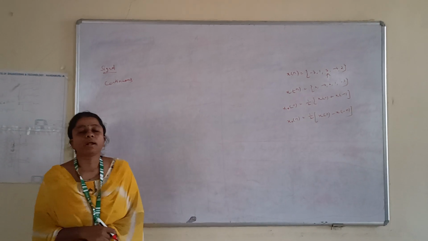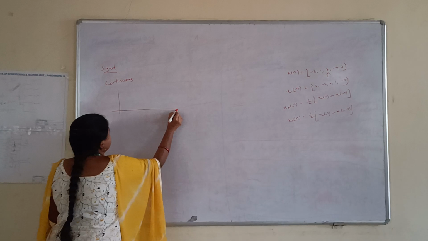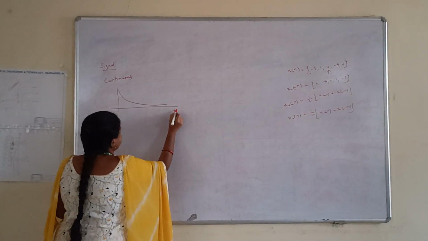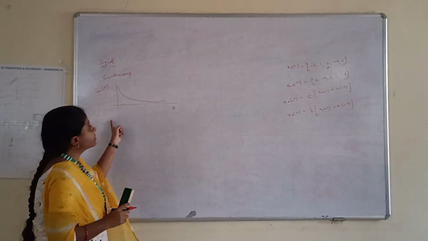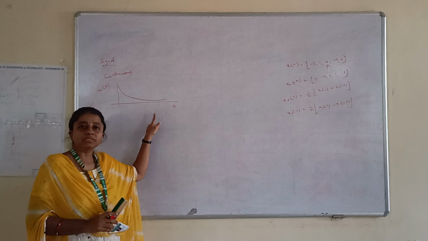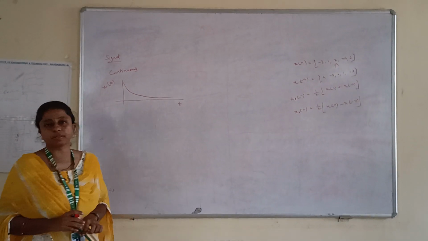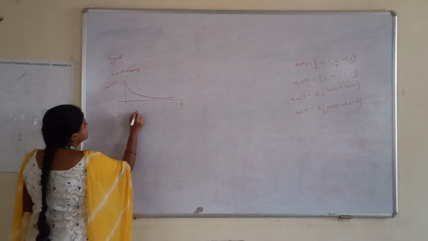The first one is called a continuous signal. The signal which is continuous with respect to both time and amplitude, we are going to call a continuous signal. So if we speak about the discrete time signal,